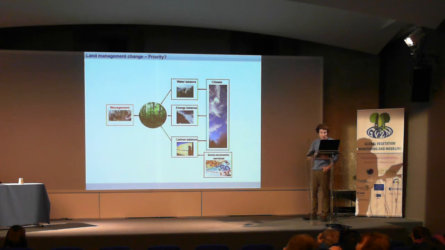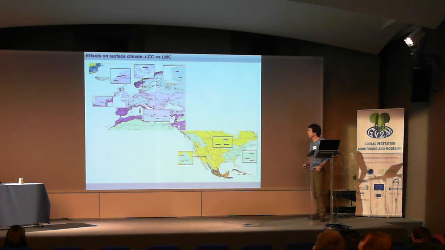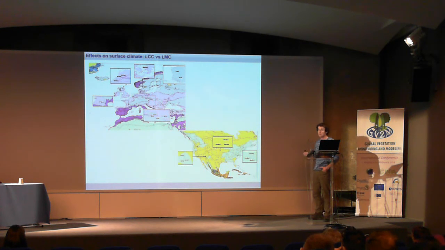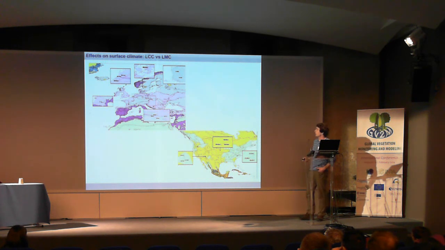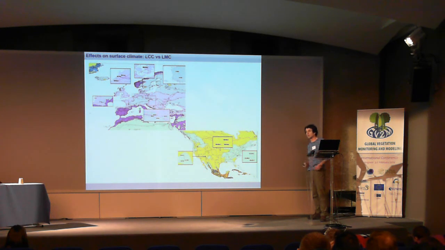And so that's what we did. We started looking, and we checked whether we have scientific evidence to make it worth the whole effort of including land management in Earth system models. The first place to start looking is field observations. So we used the observations from FluxNet, and we selected sites that have all measurements for the energy budget, and that were in a cluster of sites not too far apart from each other. And then there were some additional criteria.